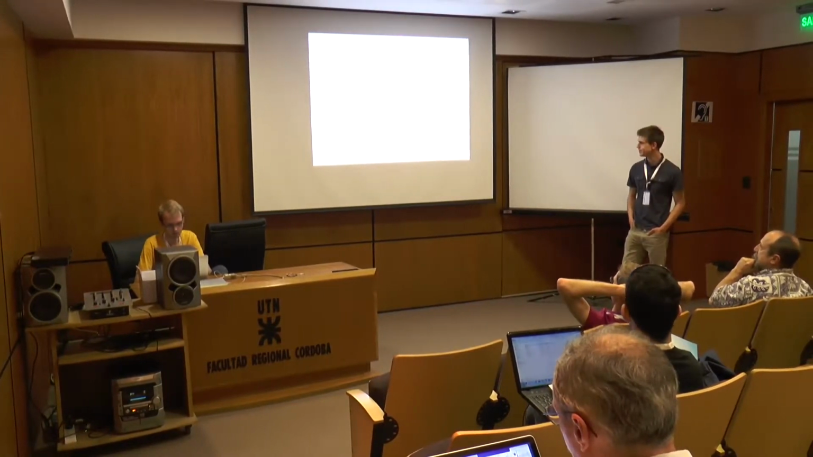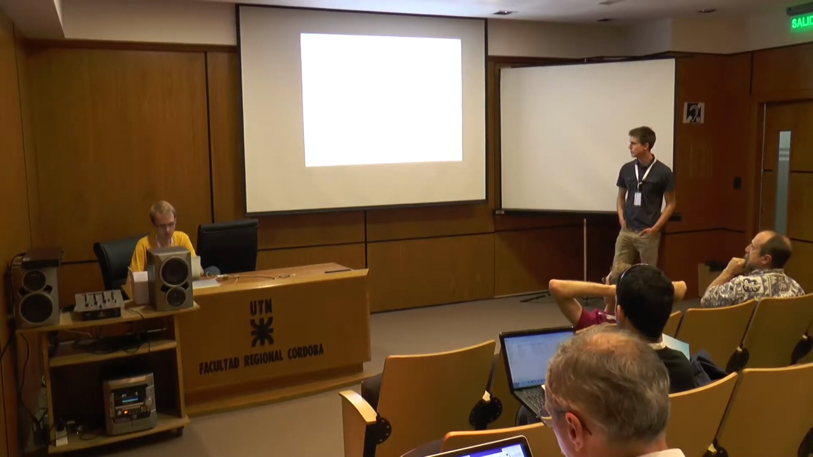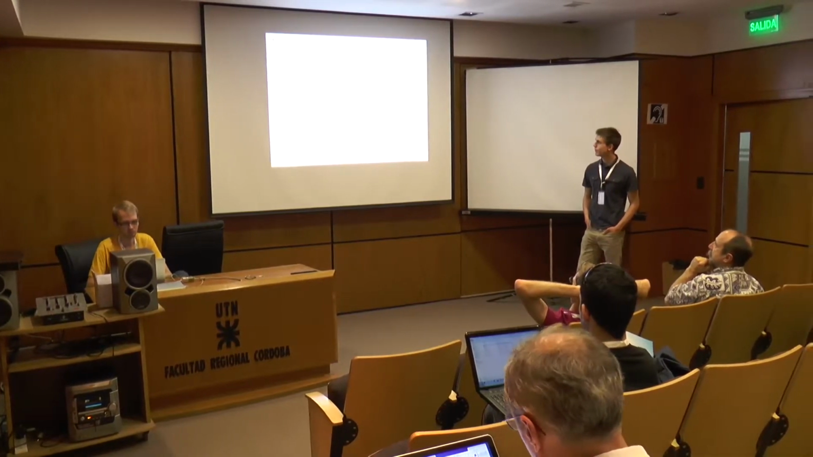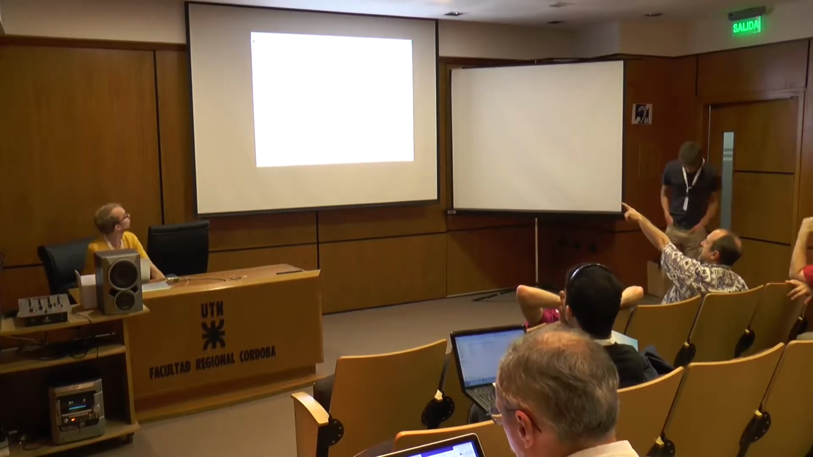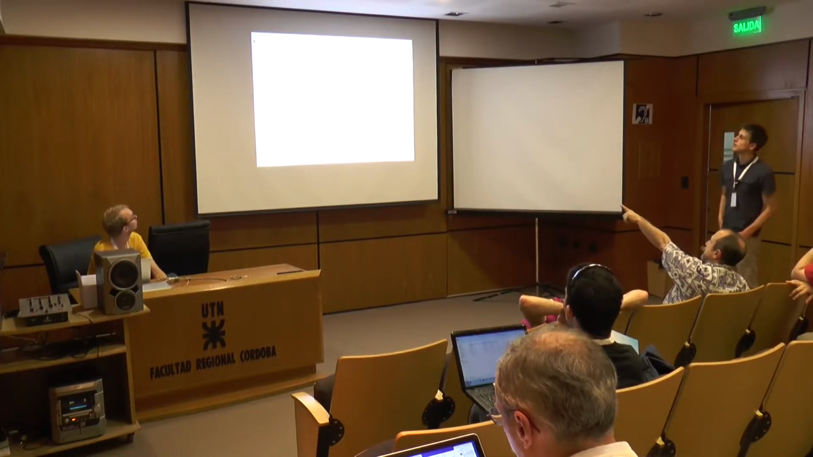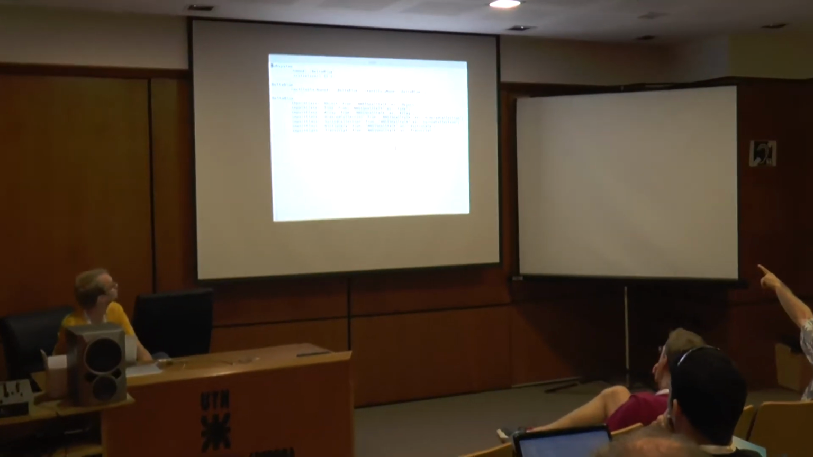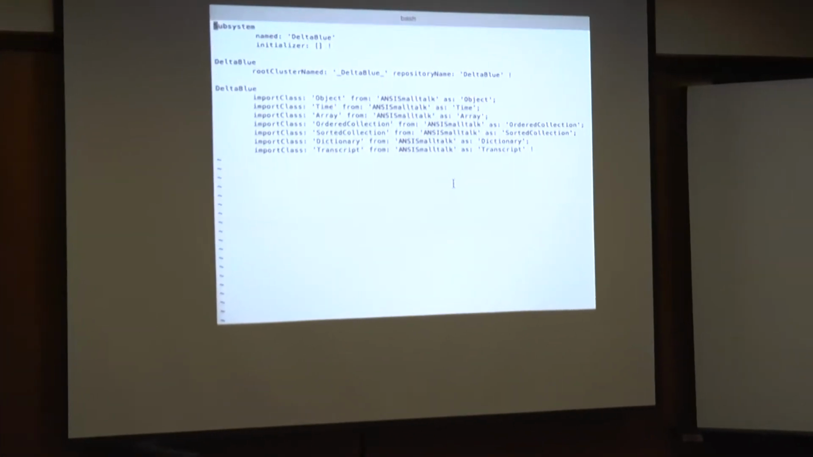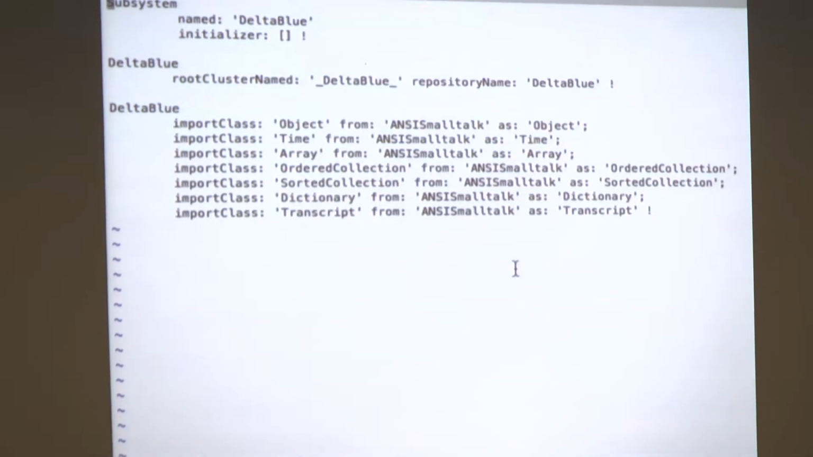And let's look at a subsystem first. Delta Blue subsystem. Okay, make that big. So here, the root cluster, each of these messages, the message root cluster name colon repository name colon, will create a module specification, which needs a repository name, a module name, and optionally a branch